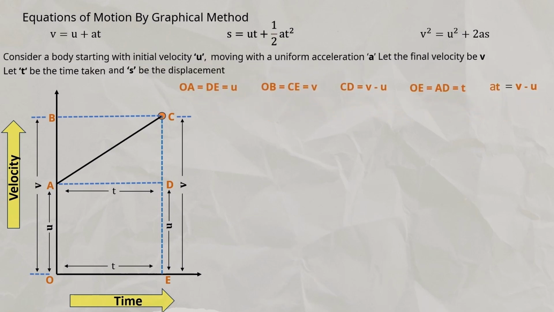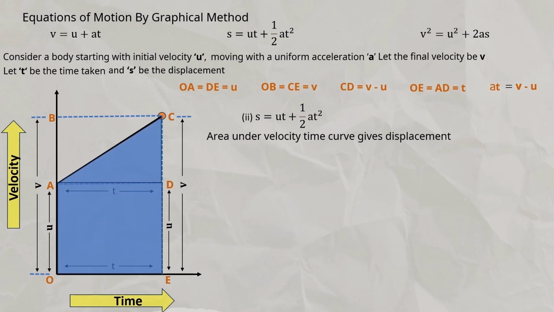The next equation which we are going to find out is S = ut + ½at². Here, S means the displacement of the body. Displacement of the body is given by the area under the velocity-time curve. If I am able to calculate this area, then I can easily find out the displacement. In order to find the displacement S, I have to find the area under the trapezium